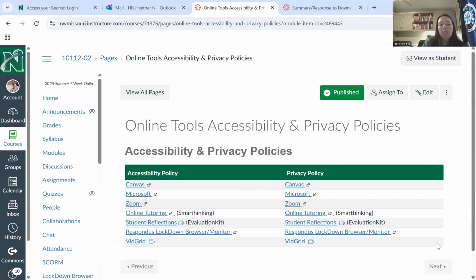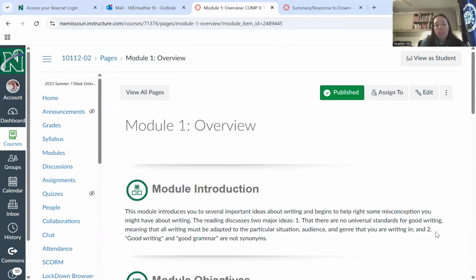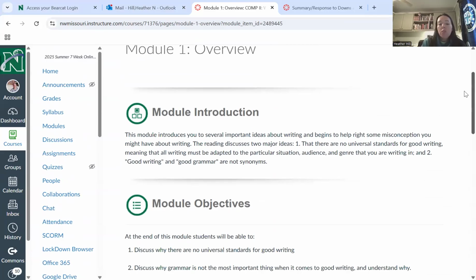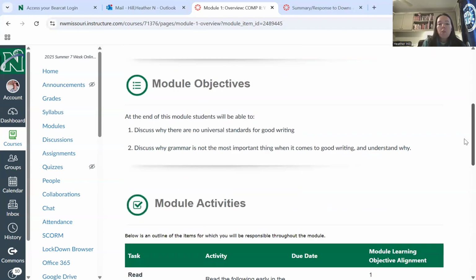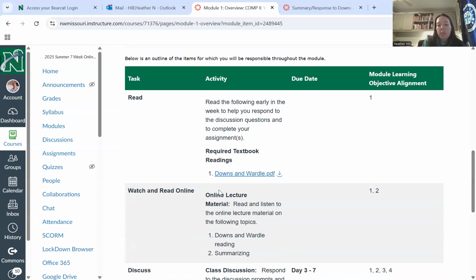Once you get to the end of this intro section, this is like not even to the first module yet. This is like module 0. I don't know, I guess it's module 0. You get to module 1, right? And then module 1 is where we start to actually get to the course content, okay? So there's an introduction to the module, what the module objectives are, like here's what we're going to learn this week, and then here's where you find all of the stuff, right?